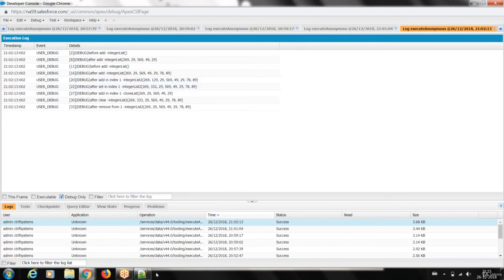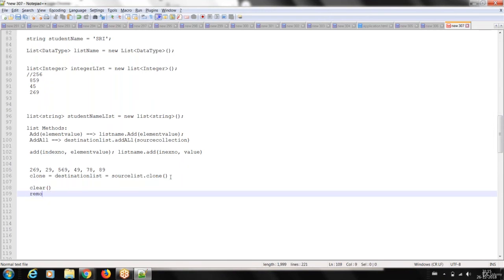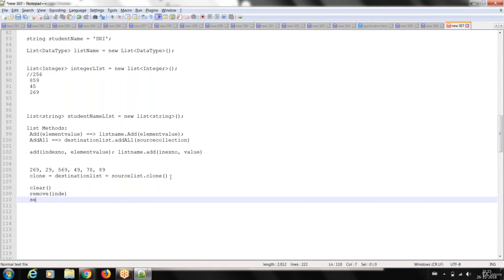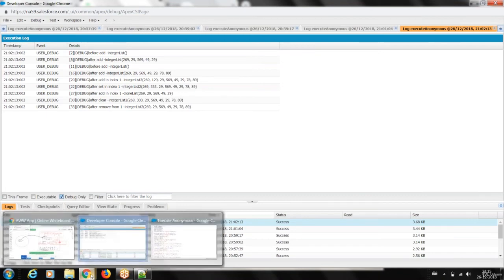Got the difference? So how I have to add elements, in the same way I have to set elements. We discussed clear. We discussed remove from a particular index. And we discussed set element at a particular index with a value, which will replace the current index value with this new one. Clear? Yes. Okay, same way, how do we do remove? I want to see right now.